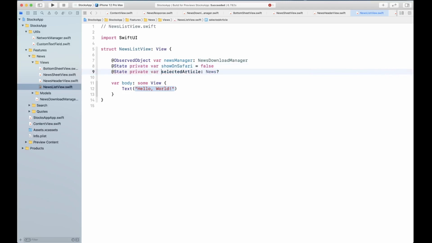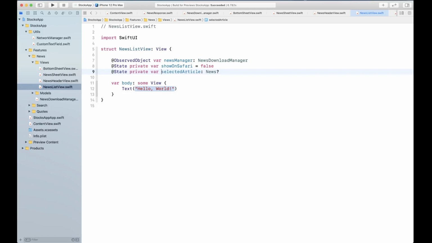That is correct. Okay, so what happens, basically we open a sheet, and when we open a sheet, its state is pretty static. So once its state is set, it's not going to change. So basically what's going to happen is whenever you open a news article and then click on any other news article after that, they are all going to be opening the same article, because the link has been set.